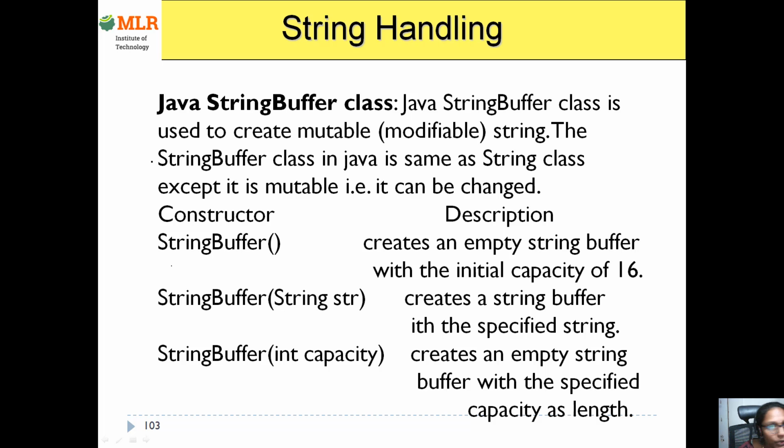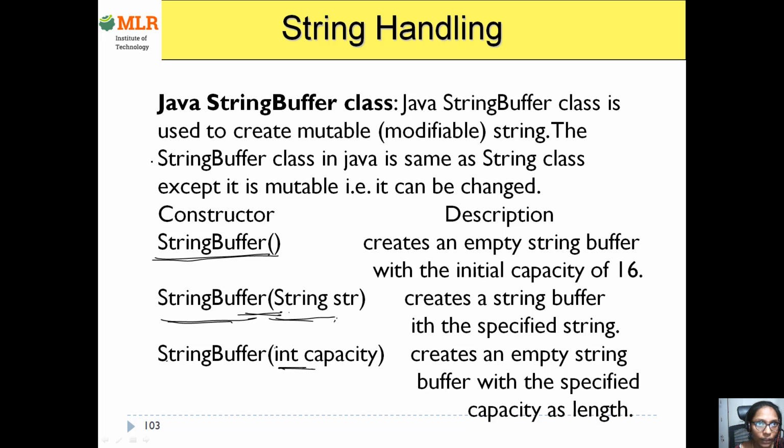Whenever you use the new keyword method, obviously you need to use the constructor. After new, we are going to write the constructors. The first one is the default constructor. The second one is a constructor where we are passing the given string. Whatever string you are giving, with that string a StringBuffer object will be created. So if I use the second constructor, the string object will be converted into a StringBuffer object. So if you want to modify your string, then you can use this second one. And the third one is with the given capacity,